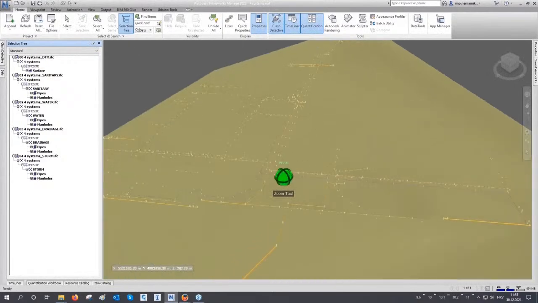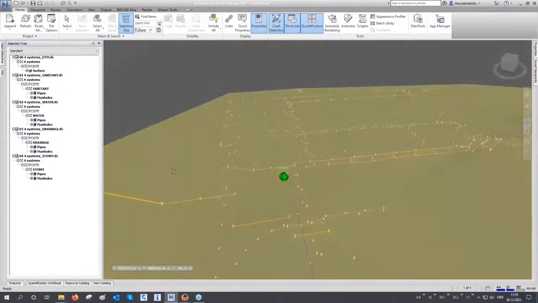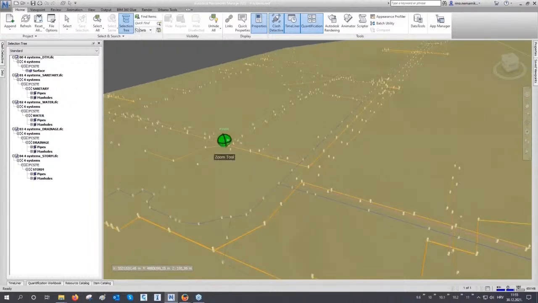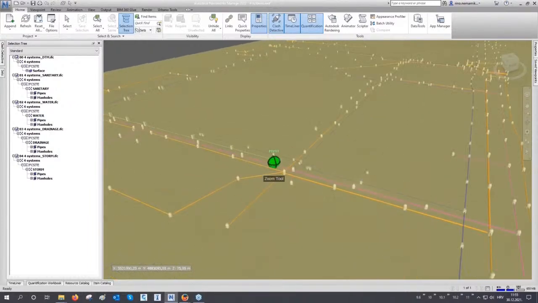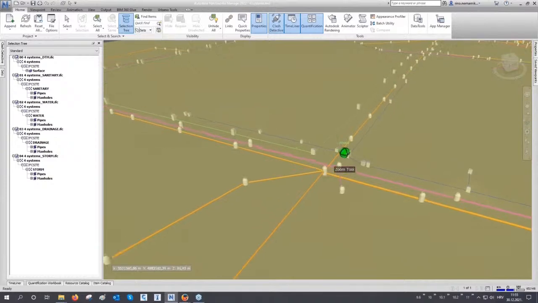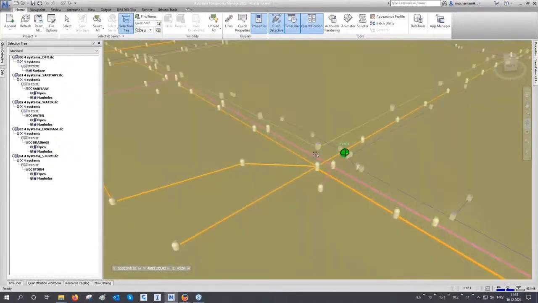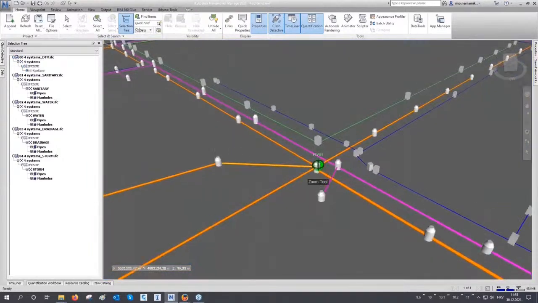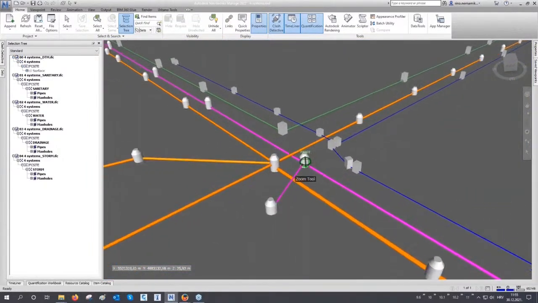And now you can see how our 4 systems look in Navisworks. So on the left, in the selection tree, you can see all the elements that we exported, so 4 systems and also this Terraform DTM surface. Let's now hide this DTM surface so we can focus just on our pipe networks,